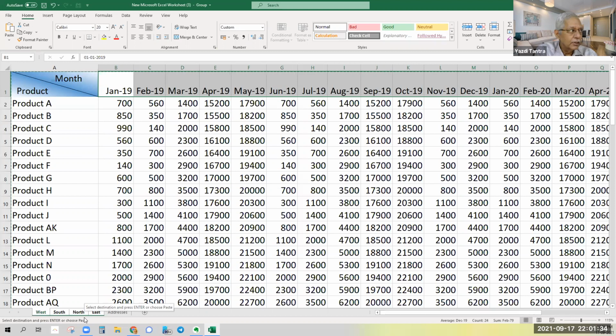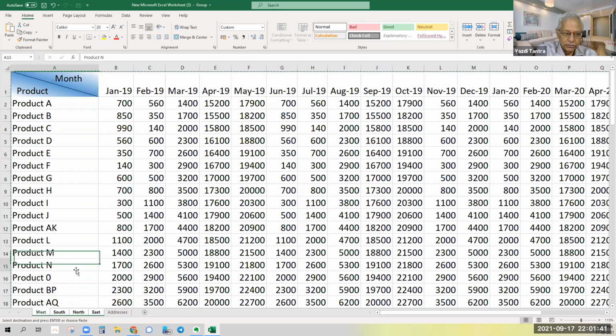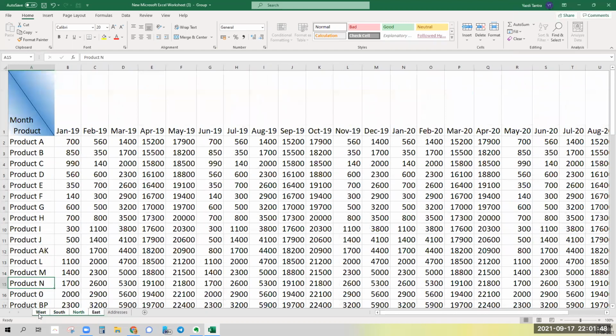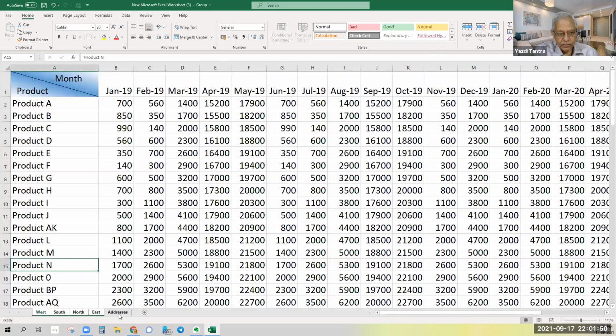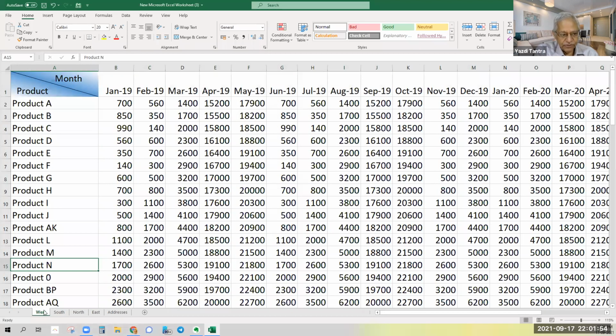Can you see that? Could you repeat that again? See, I was here. I don't press control. I come back here. I am on the first sheet. I said shift and I selected the last sheet. I'm selecting all in between. Oh, okay. So I'm selecting all the 4 sheets in one shot.